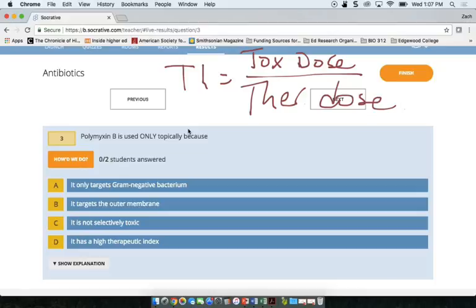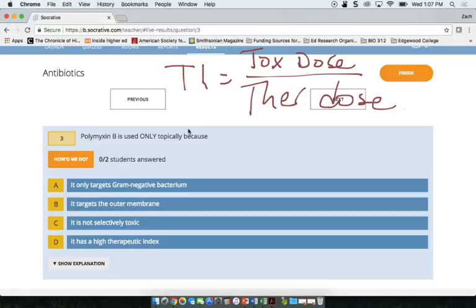So, polymyxin B is an antibiotic that is only used topically. It's only used for triple antibiotic ointment. And that's not because it just targets gram-negatives. Actually, that's kind of a benefit to it as a drug. It's not only that it targets the outer membrane, those two are inclusive of each other. It's not that it's selectively toxic, and we'll come back to that in a minute. It's actually because it has,